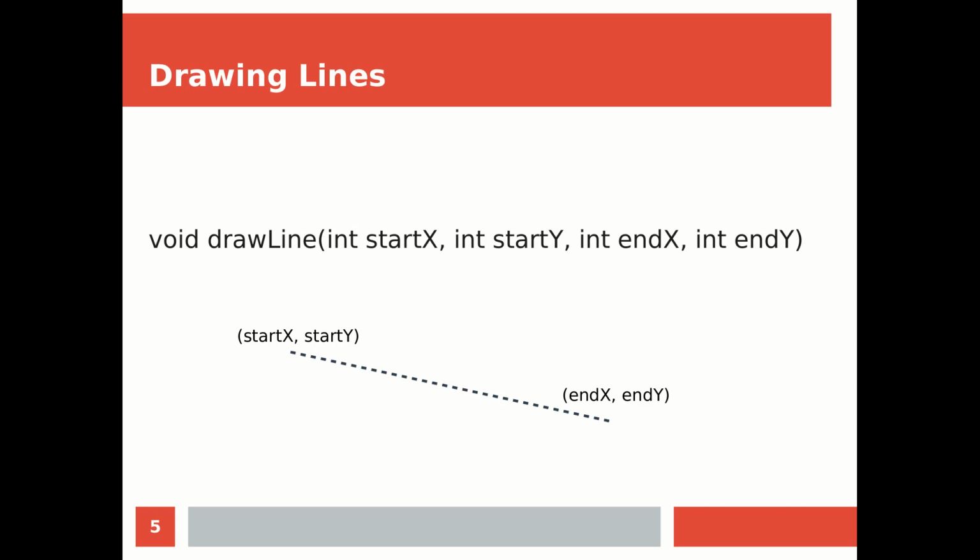Now we will see how we can draw certain shapes using this AWT graphics package. The first method that we are going to see is drawLine. Obviously we know what is meant by this name itself, so we can draw a line from startX, startY to endX, endY. So startX, startY is the starting coordinate of the line, and endX, endY is the ending coordinate of the line.